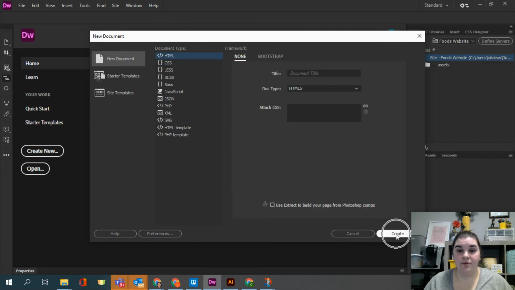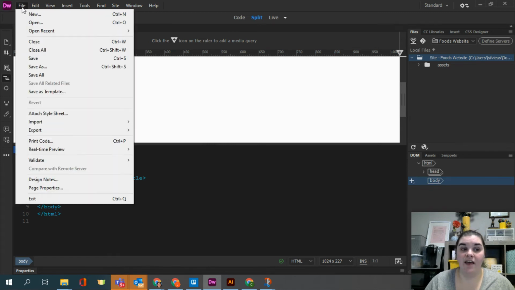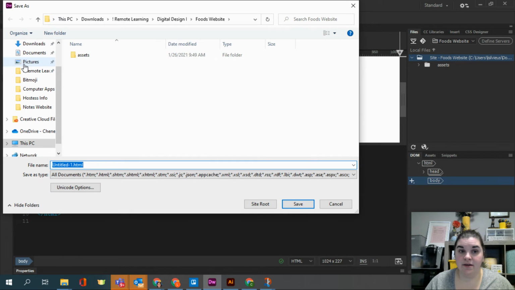We're going to hit Create. It's not going to be saved. This is a brand new file. You've never saved it. You never told the computer where to put it. You never told it what to name it. So we're going to go File, Save As. It's going to default to your Foods website because you've got that selected over here as your files server. We're going to name this